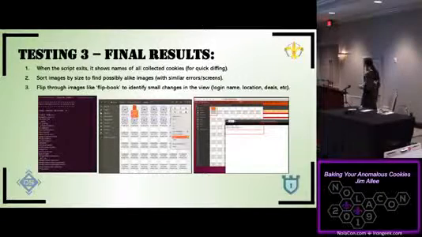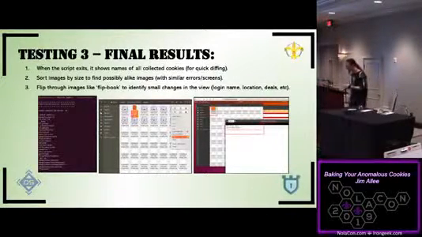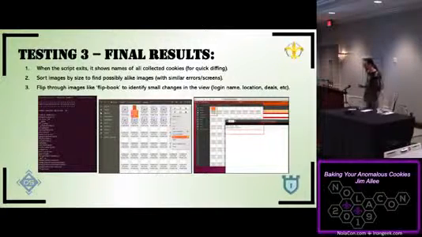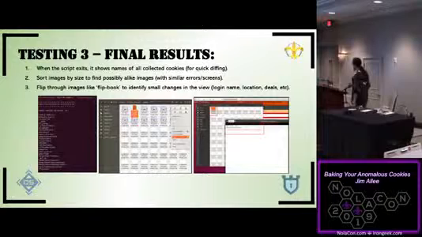So when it's done, you get a screen on the left that shows how many cookies you got, and in this case we got 25. We started out with 13 in our original request, but by the end we ended up with 25 cookies. So here we can sort the images by size to find possibly alike images, and then we can flip through them like a flip book.